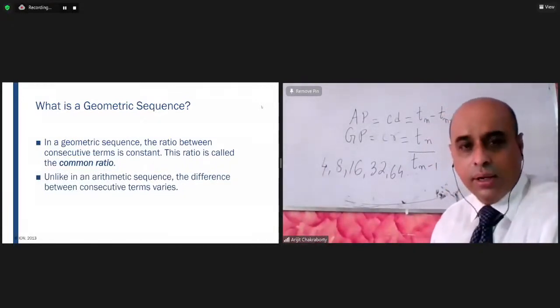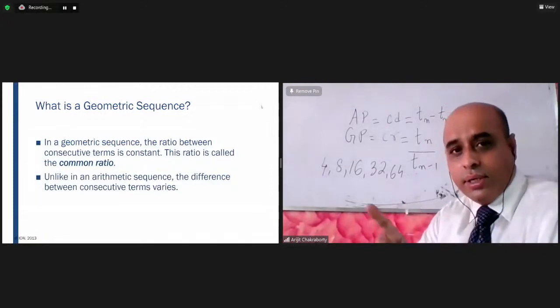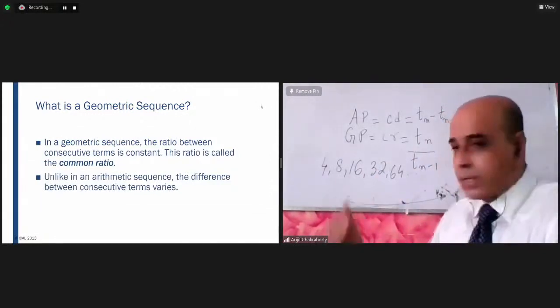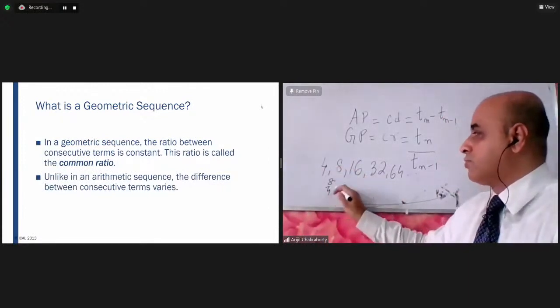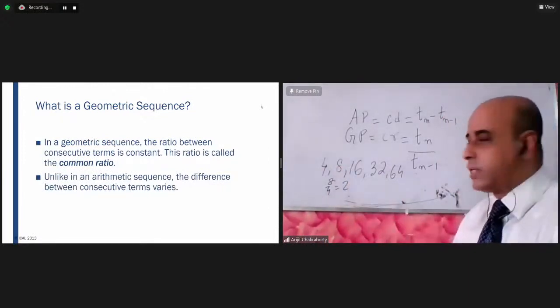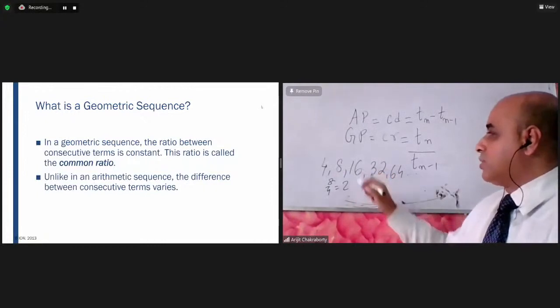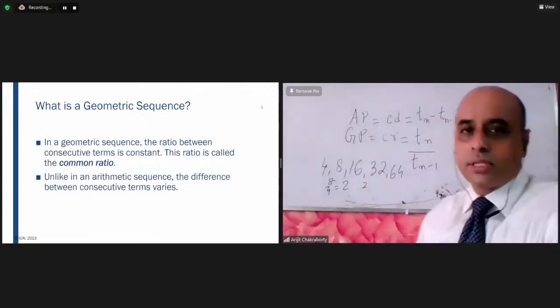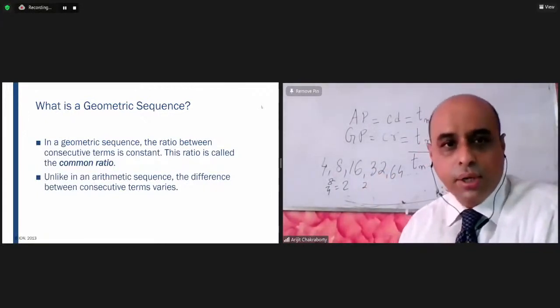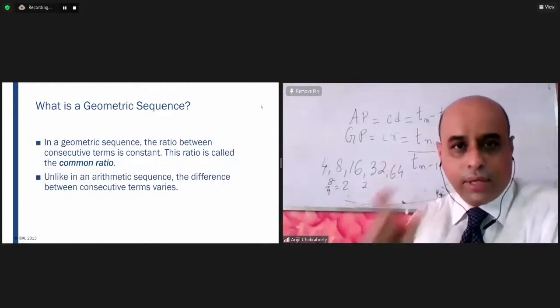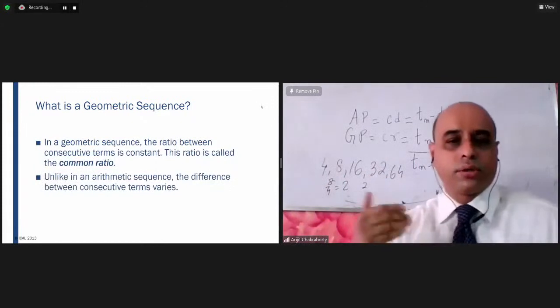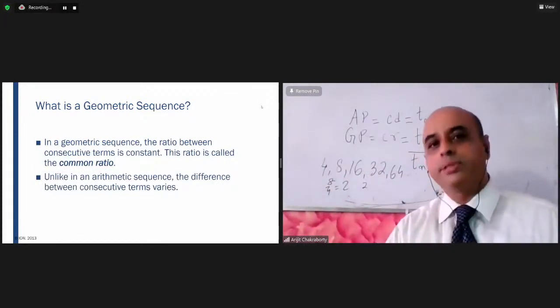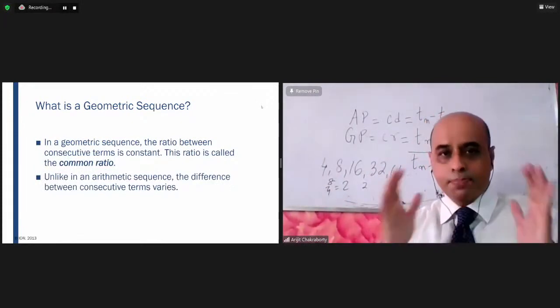They are not equal. But if I compute the ratio, 8 by 4 gives me 2, 16 by 8 gives me 2, 32 by 16 gives me 2, and 64 by 32 also gives 2. So this is a constant ratio, and therefore these types of sequences or progressions are known as geometric progression,